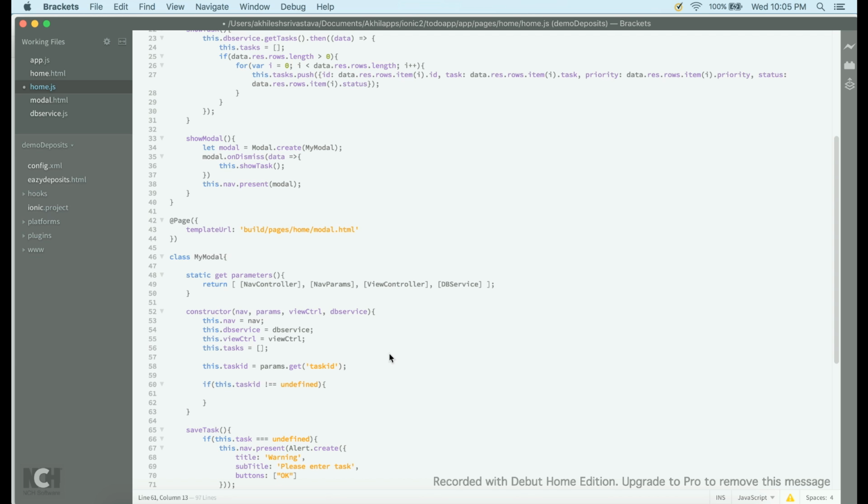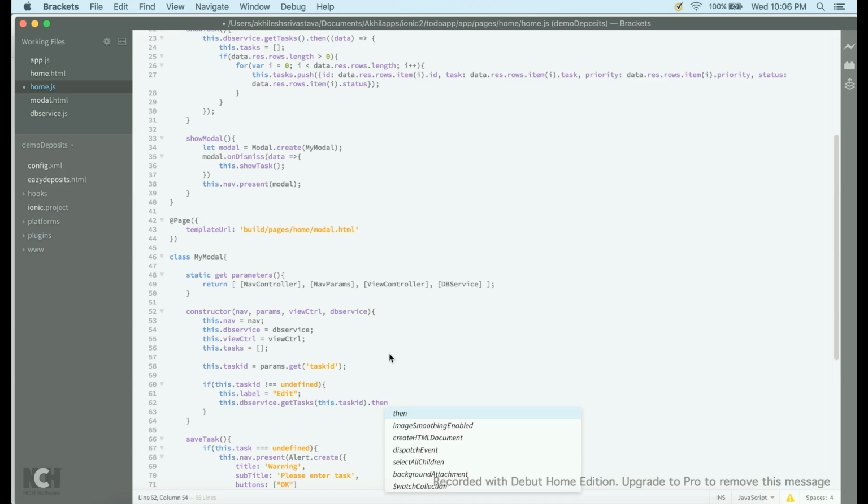So it means we are going to edit this record. So we'll say this dot label equals to edit. Okay, and then we will call the service dot get task, and then here we will pass the task ID, this dot task ID, dot then